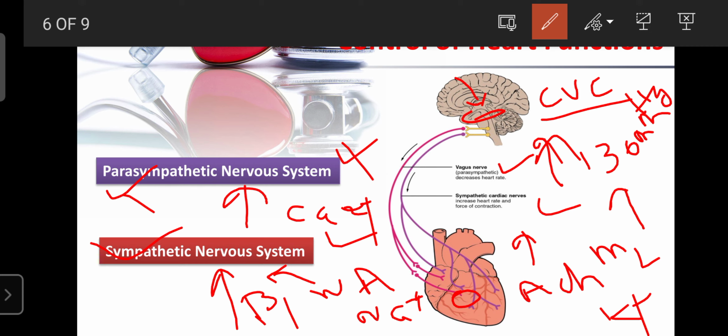your first therapy is to give glucose to the patient. Because the patient's blood pressure has decreased, due to that the brain does not get sufficient oxygen and sufficient glucose, and due to that loss of consciousness occurs. So at that time, give the student or patient a glucose supplement and good ventilation. You should not crowd around the patient. There should not be a crowd around the patient in the case of loss of consciousness.